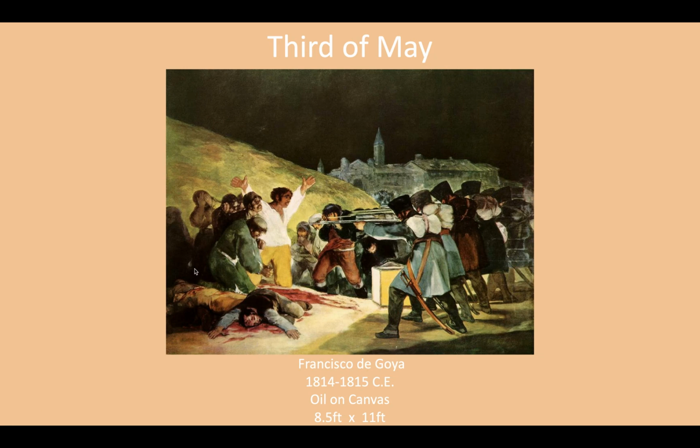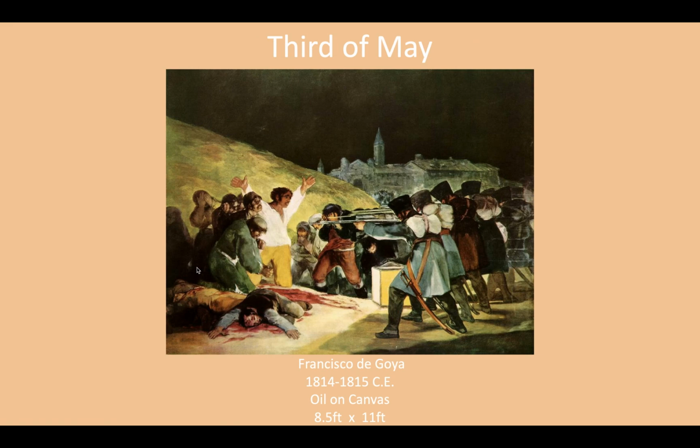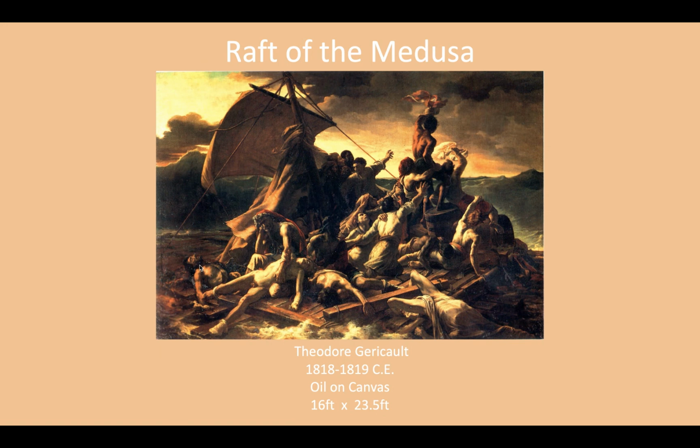Now, this is not one of your pieces in the AP curriculum, but I think that it's really important that we see that Goya begins with this and ends with this, right? Okay. This is also not one of your pieces. This is called The Raft of the Medusa. This is one of the most famous pieces in all of Romantic art. And I can't teach Romantic art without showing it to you. So this is The Raft of the Medusa, not one of yours.